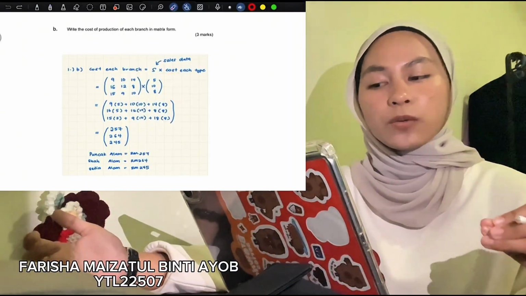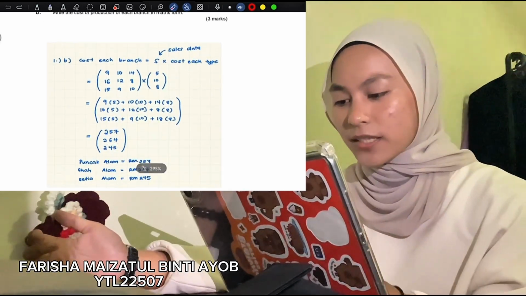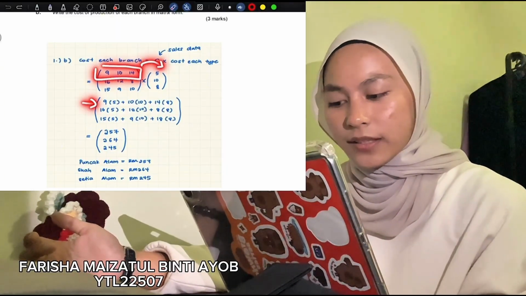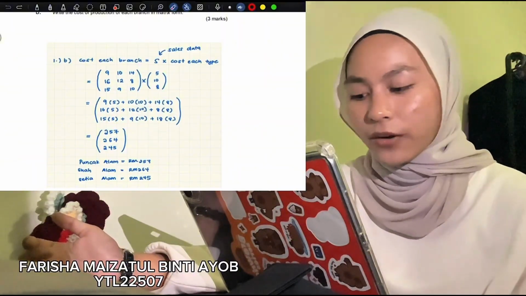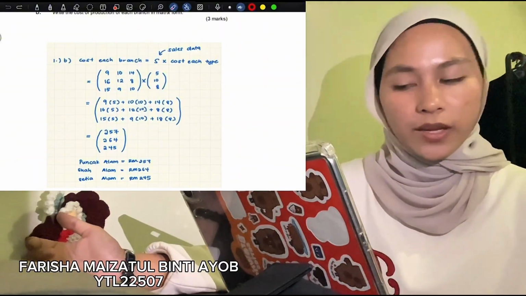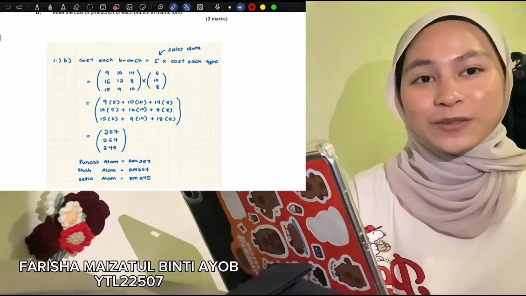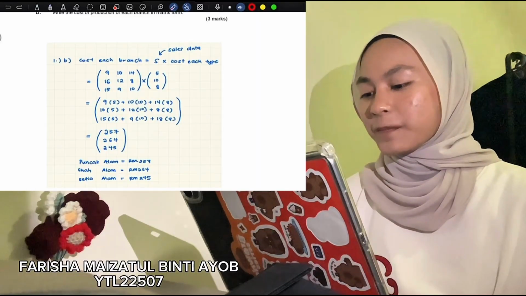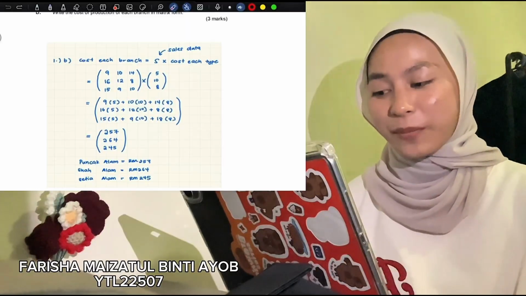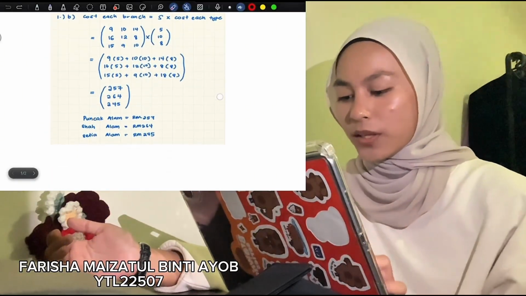The next step, we need to know the rule for multiplying matrices. We just need to multiply the row with the column, and then we will get it like this: 9 multiplied by 5, 10 multiplied by 10, and 14 multiplied by 8, and then we add them all together. We repeat the same method for the second row and the third row. Okay, so we will get the answer